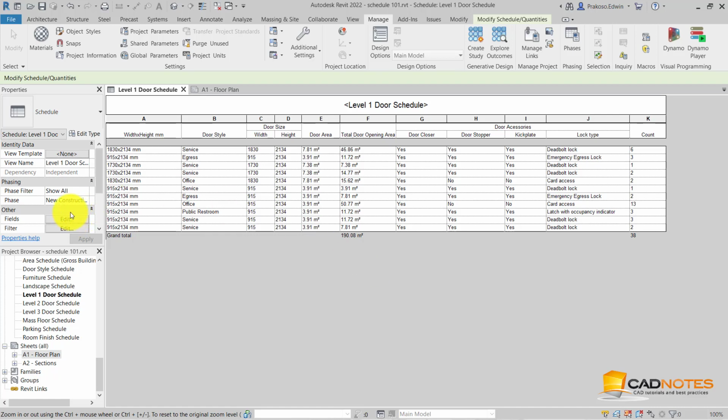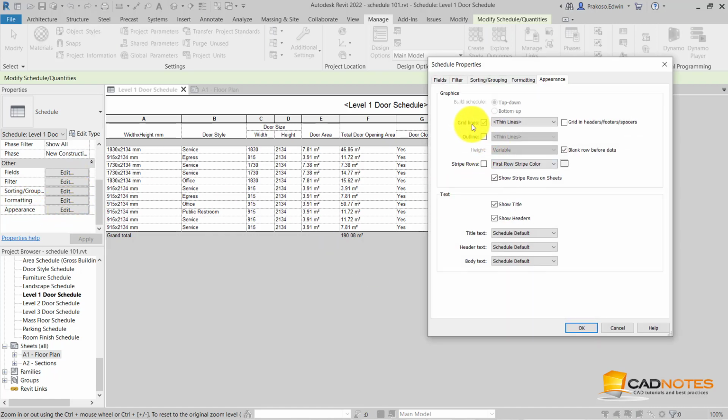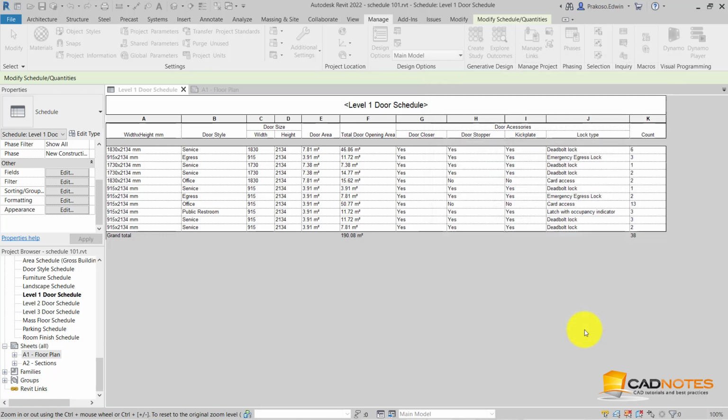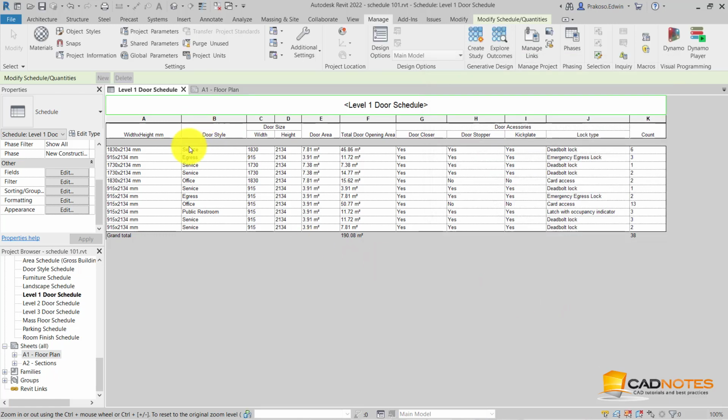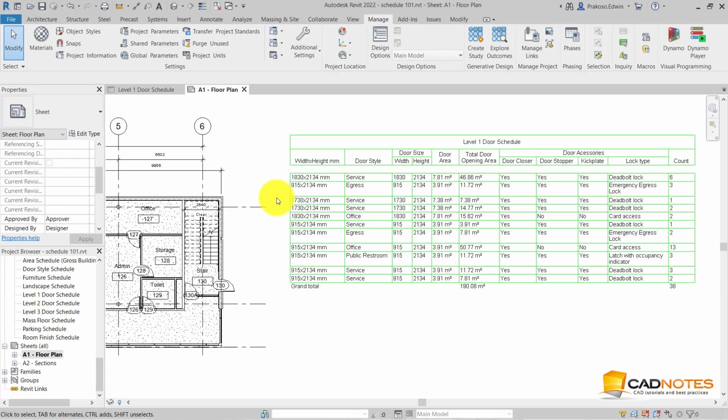So let's try this with changing the appearance. For the grid lines, I'm going to change that to grid lines. I'm going to click OK. We cannot see all the lines changing here, but we can see the effect in the sheets. You can see that changing the grid lines will change everything. It will change all the lines in the schedule.